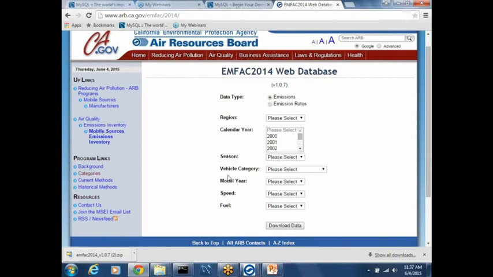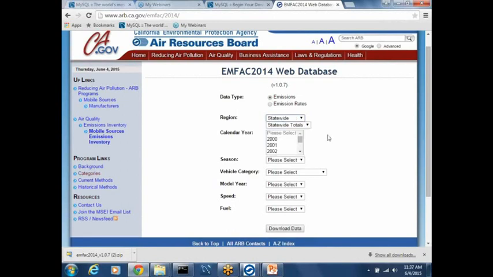So as you can see, this is pretty much similar to what you can select from the model. It's just being presented in a more web-friendly way. So you can choose between emissions or emission rates. You can pick your region. In this case, I'm gonna just pick the statewide to show an extreme case of how much faster it could